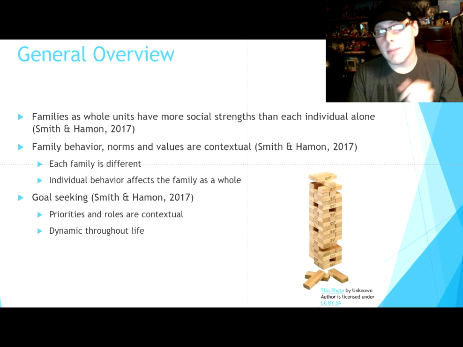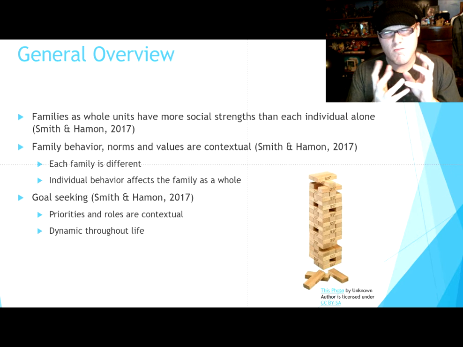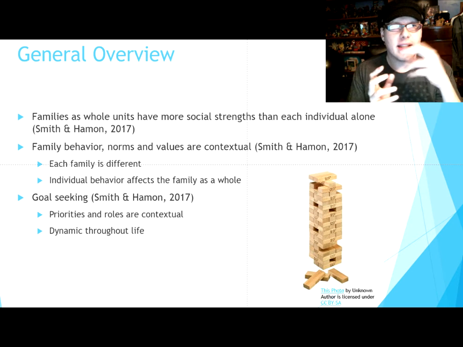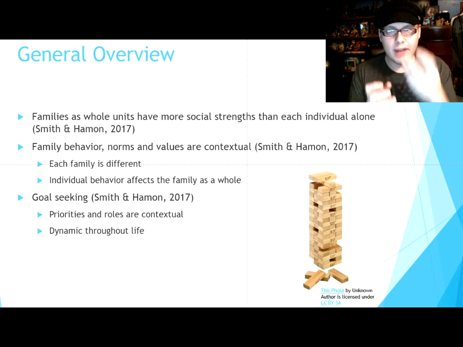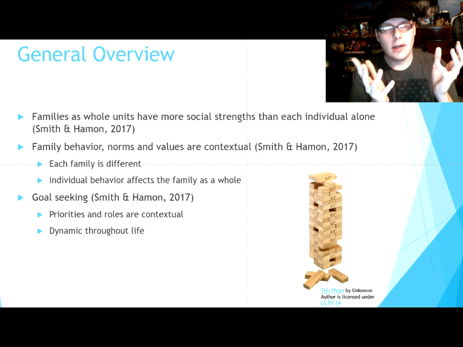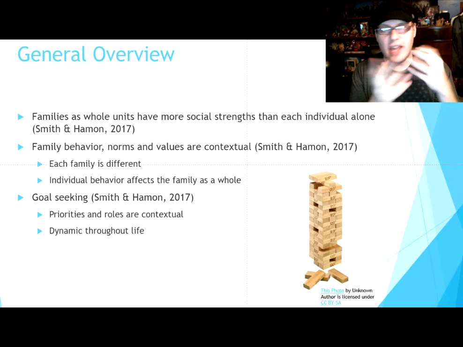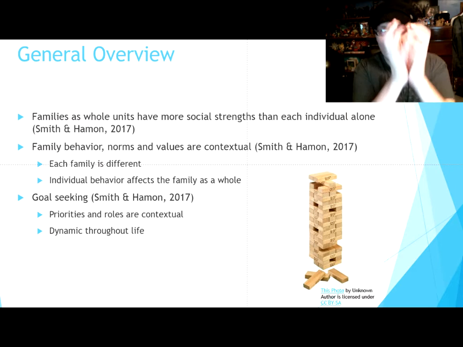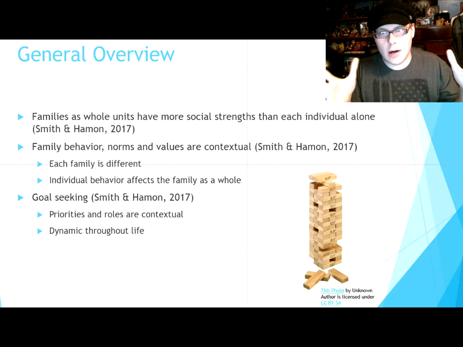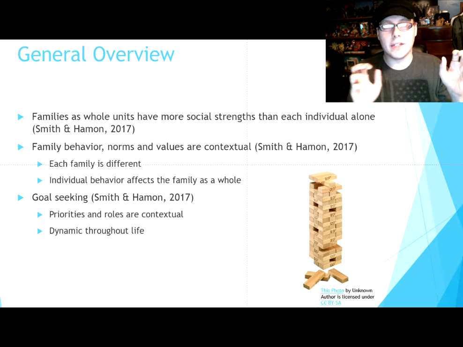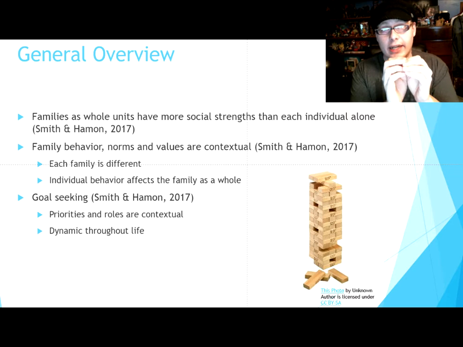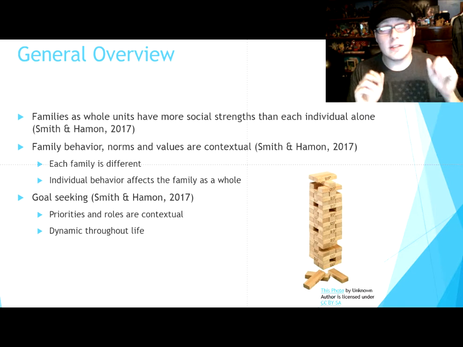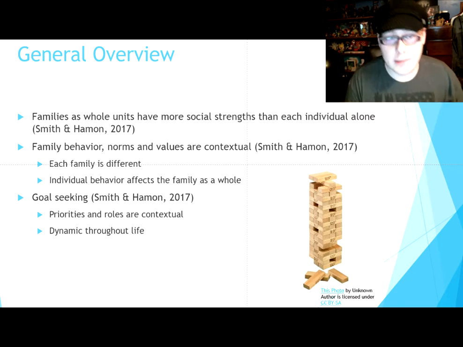That basically implies the fact that, let's just take the cake analogy right out of the textbook, where you have each individual ingredient, and they have their own individuality, but as a whole, the entire product, the cake, because you have the eggs, the milk, and so on and so forth, they come together and they create an entity that is greater than the sum of all of its parts.